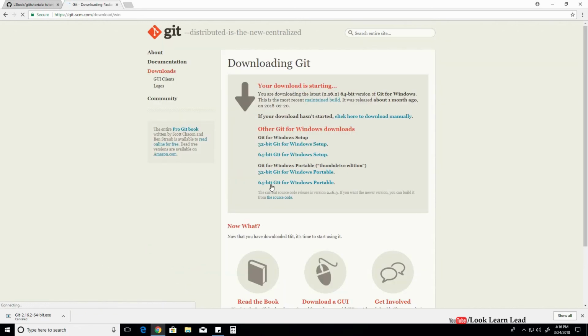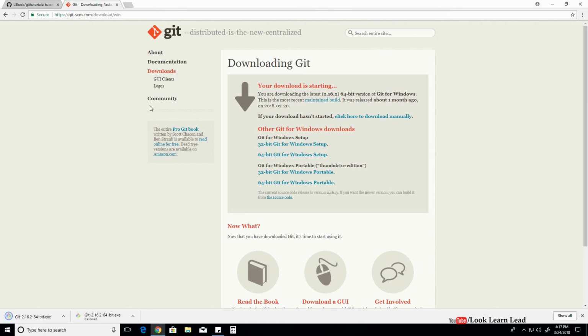It would actually get downloaded based on the version. That is, yours is 64-bit, so it would download the 64-bit version. It is downloading over here. Meanwhile it is downloading, let me tell you about Git more. Here it is written GUI clients. GUI client means graphical user interface clients for Git. So there is another version of Git which is the graphical user interface version. We will be working on the command line version only, because while working on the command line version you would get hold of Git more. After working on the command line version, you can go through the graphical user interface version also. So this is how it is.